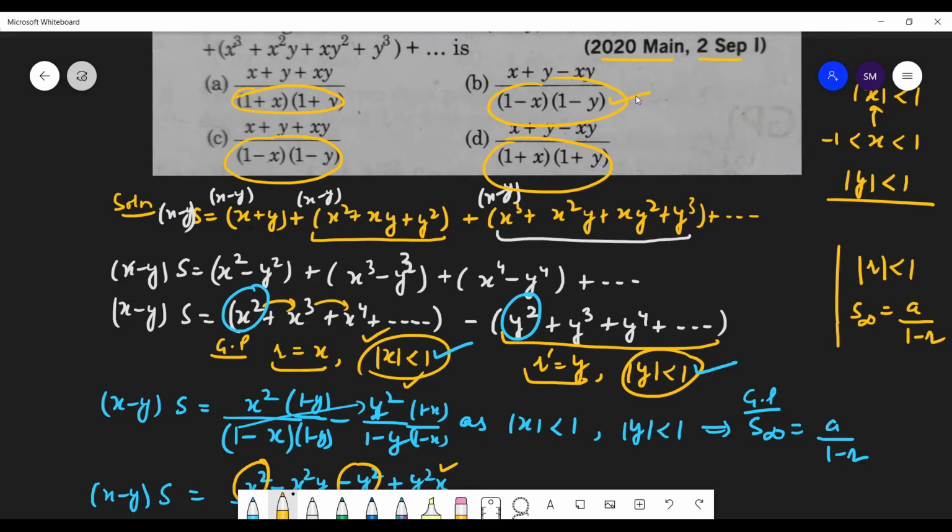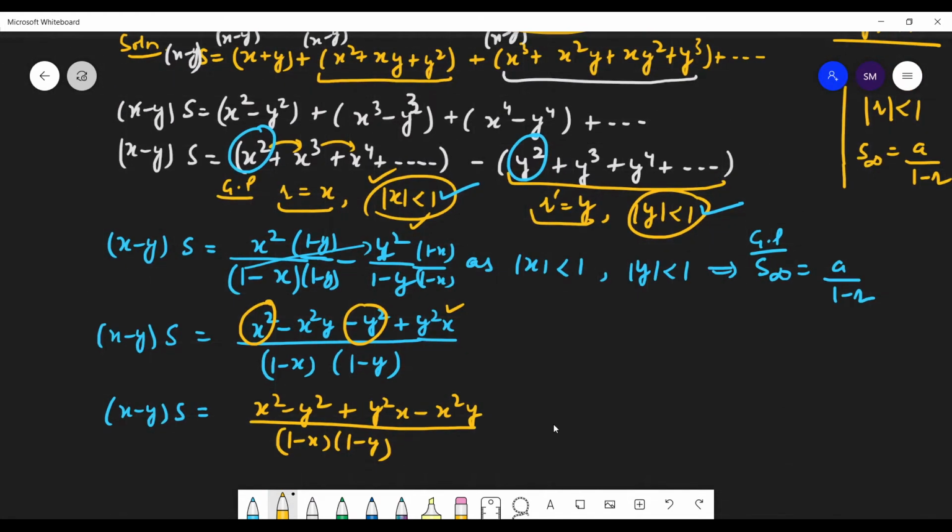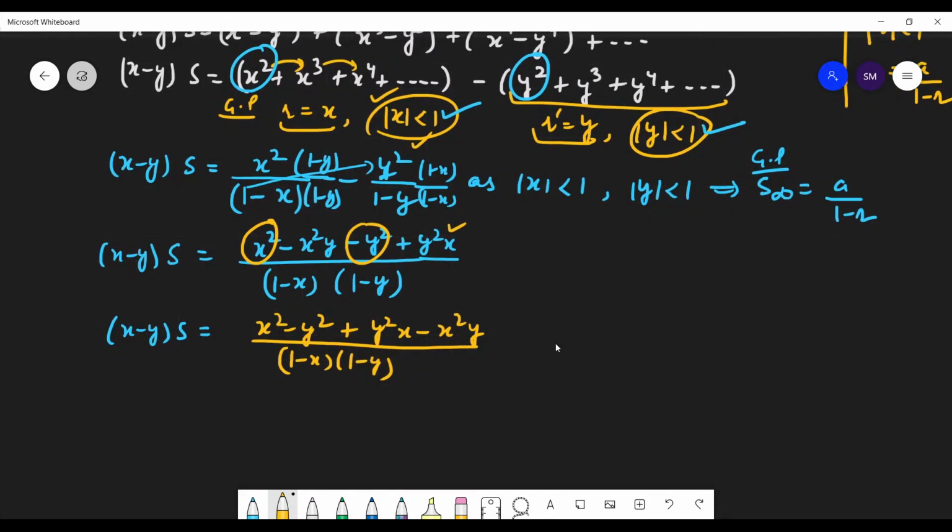You are already getting this 1 minus x into 1 minus y, 1 minus x into 1 minus y. Yes or no? Yes. So it means the numerator will be either this or this. So that is why, see, I always move forward as per the need of the answer. So definitely this is going to be cancelled because this is what I need. This is my answer for the denominator. Now this is definitely going to be cancelled out. Otherwise it will come here. Is this clear to everyone or not? Yes, sir.